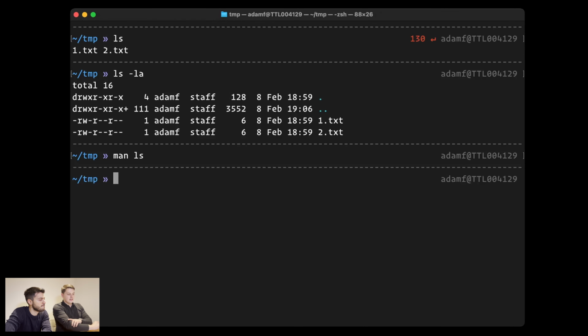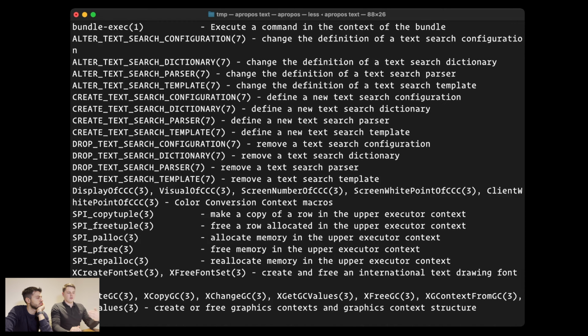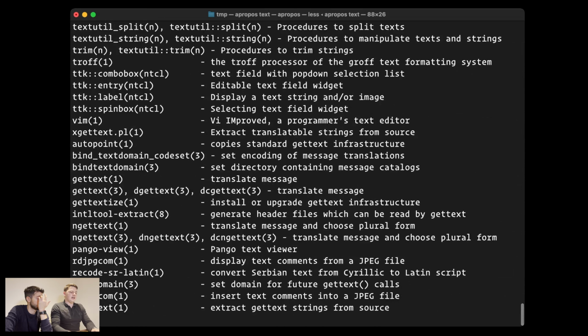What would happen if you didn't know what program you were looking for? For example, you want a text editor. Well, there's a helpful command that you can use called apropos, and then you can type in the kind of thing that you want. If I just do text, it's going to show me all of the commands that can operate over text. There are lots and lots of these in here. So if I quit out of this,